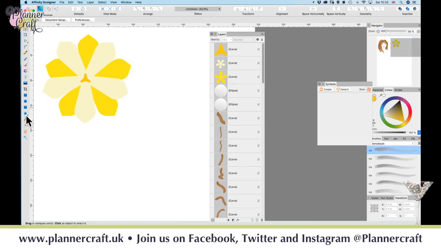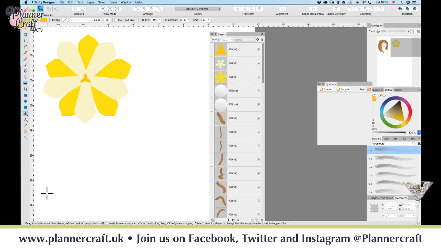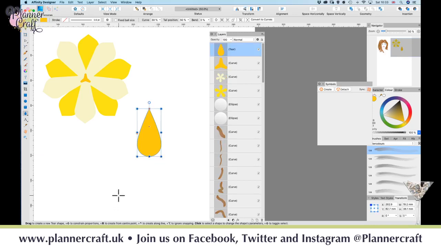So let's say you want to draw a leaf to go with it. We can start to actually build our shapes up now. So I'm going to go through the tear tool, and I'm going to draw 1 tear. Now if you wanted to, you could leave your leaf like that if you've got a round base leaf, but I'm going to make it a bit more leaf-like, and I'm going to draw another one. Now don't worry about the size of this second one because we're going to want to manipulate that a little